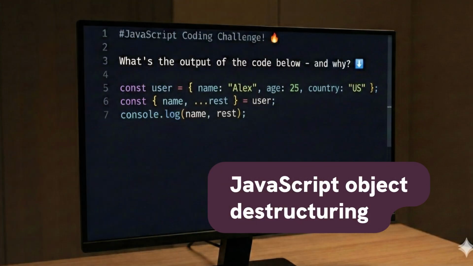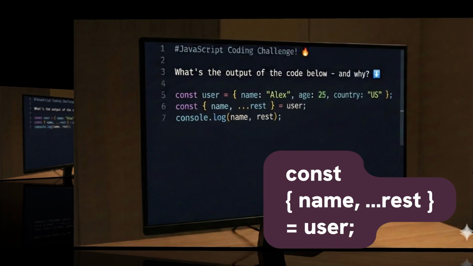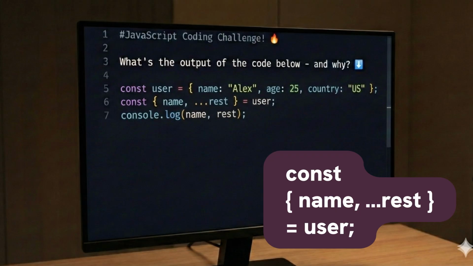Let's decode JavaScript's object destructuring with the rest operator. Here's the code. const user = { name: 'Alex', age: 25, country: 'US' }; const { name, ...rest } = user; console.log(name, rest);